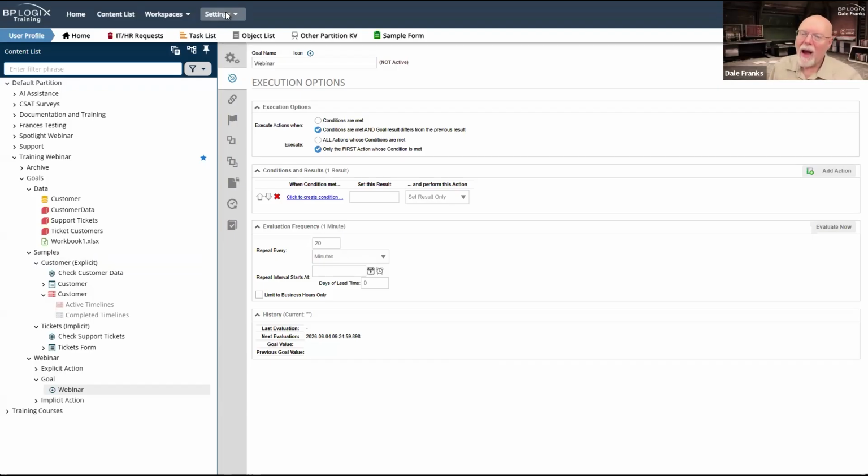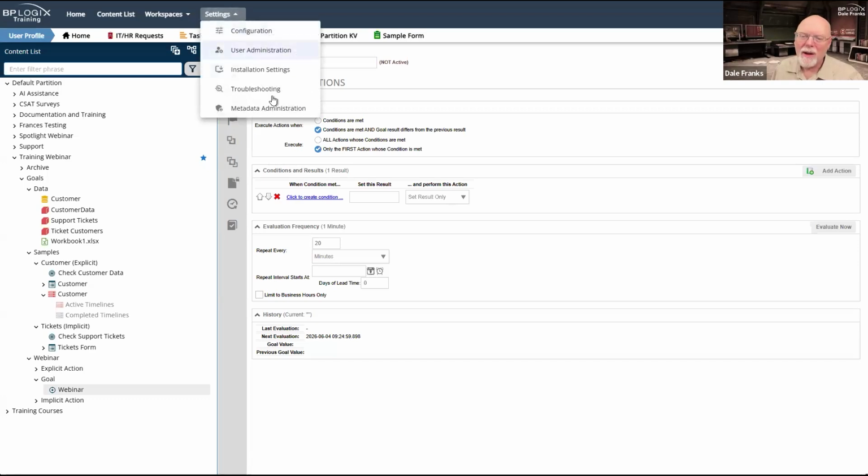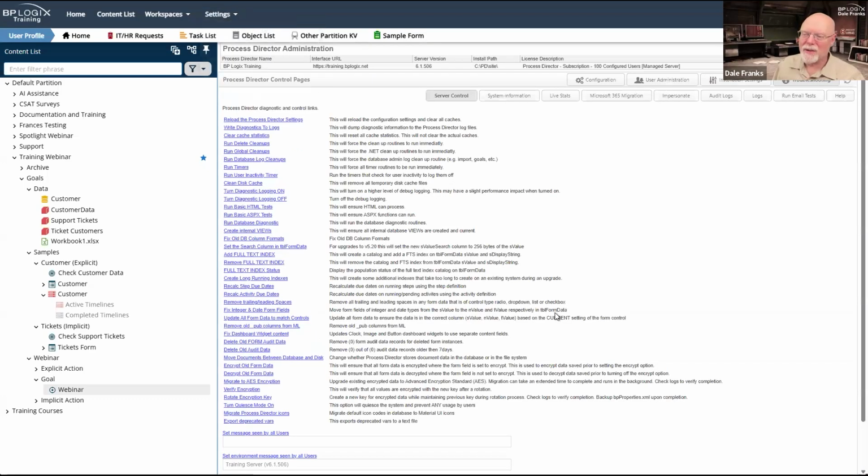So if I start setting up scheduled things to happen, then I end up having to go to the server control page. I guess we can turn off debug mode.